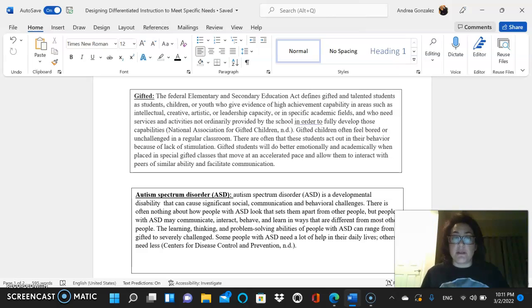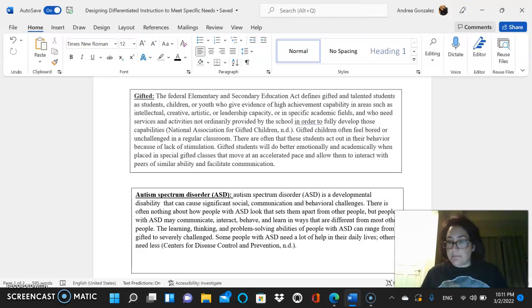My second one is autism spectrum disorder, known as ASD. Autism spectrum disorder is a developmental disability which causes a lot of social, behavioral, and communicational challenges for the student.